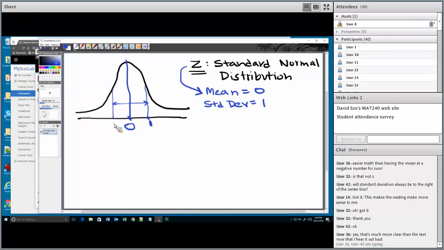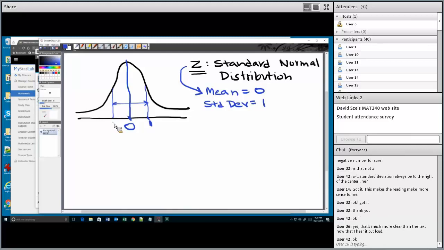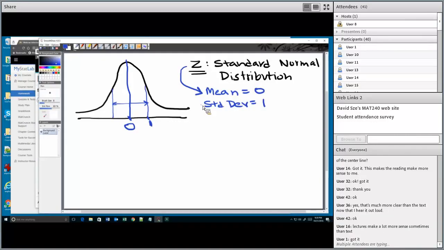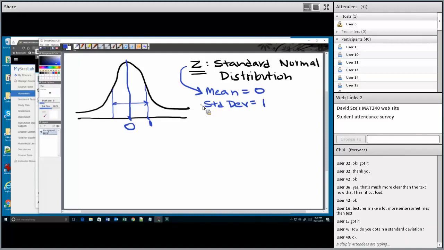Okay, I'm going to explain it one more time and then we'll move forward. Z is called the standard normal distribution that has a mean of 0 and standard deviation of 1. That is all. There's nothing else to it. Z is just a letter that represents a normal distribution with these parameters. That's all. Okay? So is this absolutely clear or no?